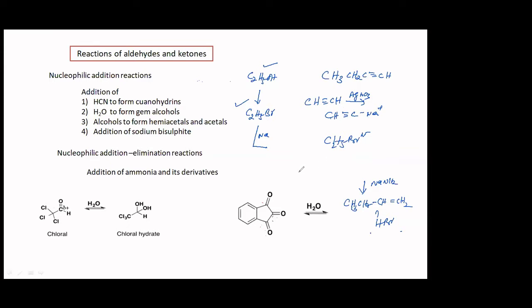Otherwise, you have to follow the methods where it gives you geminal dihalide. Then only you are going to get an alkyne. The one which I did till the last, HBr twice you have to add, you are going to get a geminal dihalide. And from there you are going to get an alkyne. Okay? Anything else?